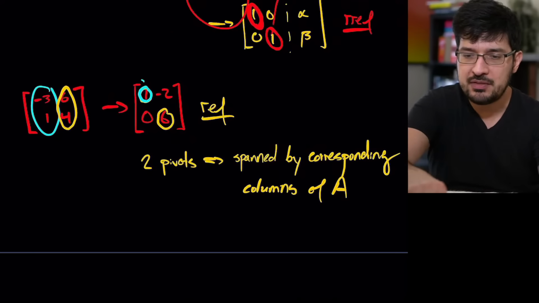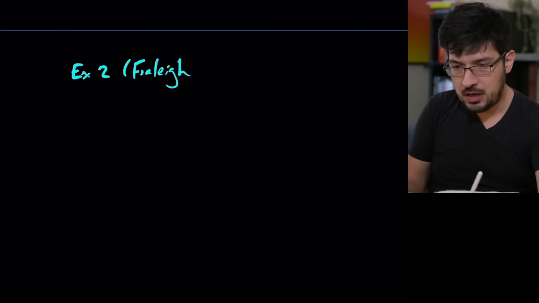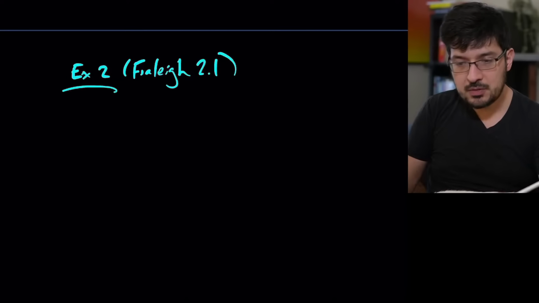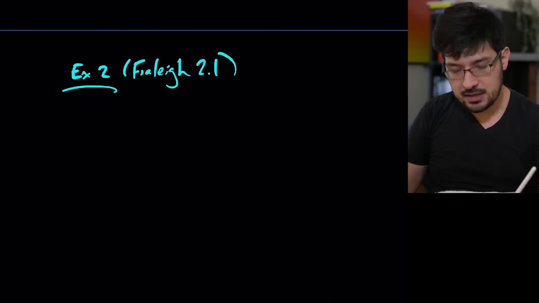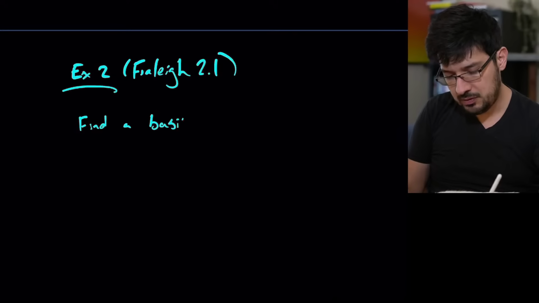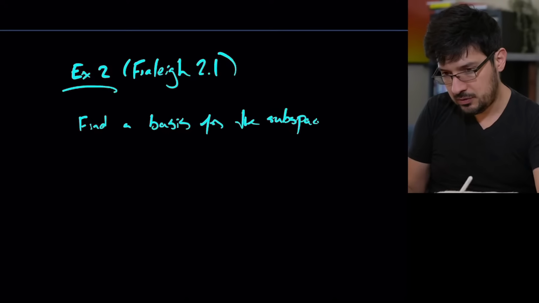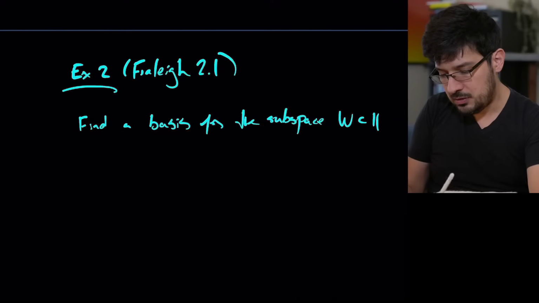All right, I'm pretty confident that that's what example 2 is going to be, but let's see. What is example 2 here? Example 2 of section 2.1. It says, find a basis for the subspace W of R5 spanned by